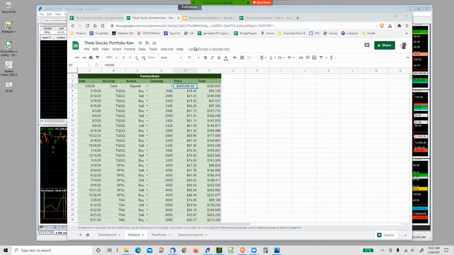There's a question whether the spreadsheet can import option transactions too. Not with Google Sheets, as far as I know, unless somebody knows different. I have not been able to find any source for option data. If you want to use option data, you're going to have to somehow take this, download it to your computer and create an Excel version. But what it doesn't do is